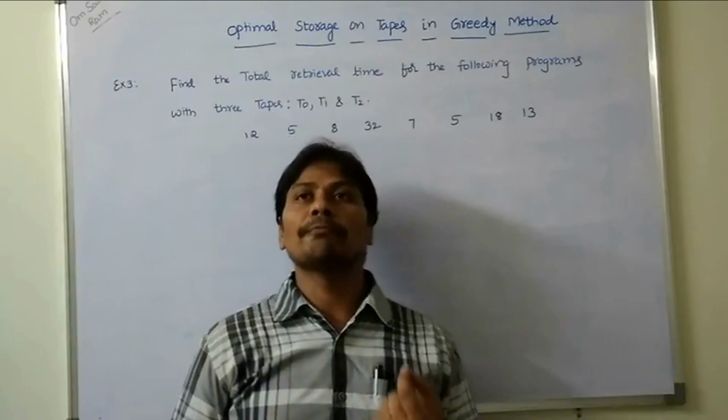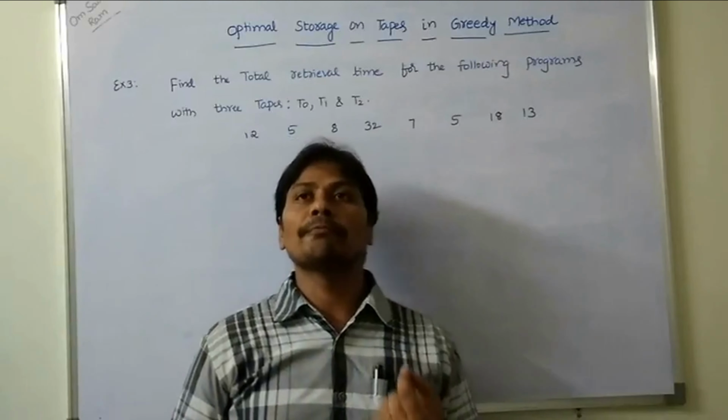So after arranging these program lengths in ascending order, these are 5, 5, 7, 8, 12, 13, 18, 32. Now we are assigning these programs to 3 tapes, that is T0,